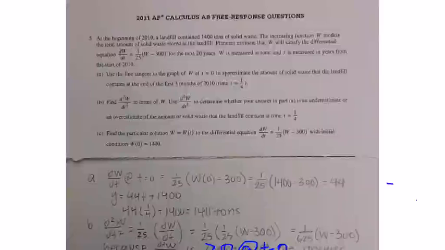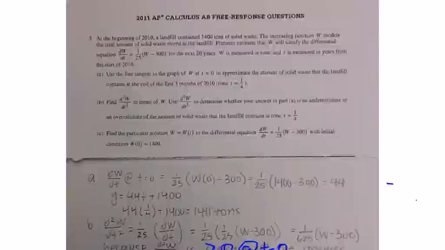So I'm doing question 5 from the 2011 free response. Question 5 says, at the beginning of 2011, a landfill contained 1,400 tons of solid waste. And right there already we know that 1,400 tons of solid waste, it's giving us some values. It's probably going to lead to a point. The increasing function W models the total amount of solid waste stored at the landfill. Planners estimate that W will satisfy